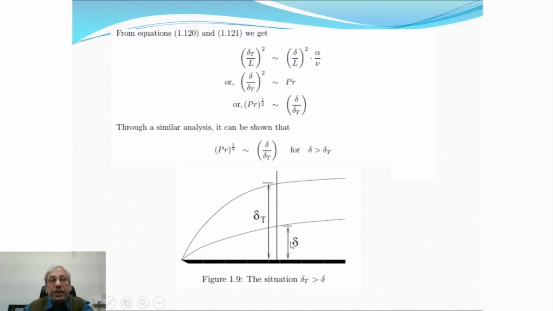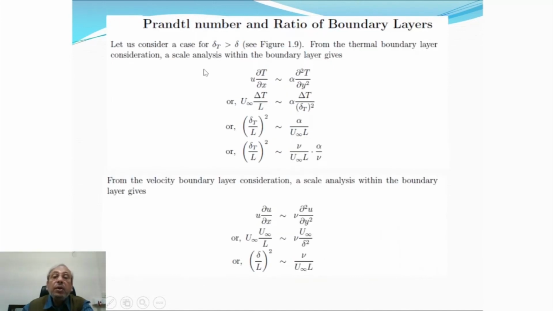We will consider exactly the different case if it is otherwise also. But now let us consider a case when delta T is greater than delta. If it is so, then from the thermal boundary layer consideration, we can say within the thermal boundary layer,